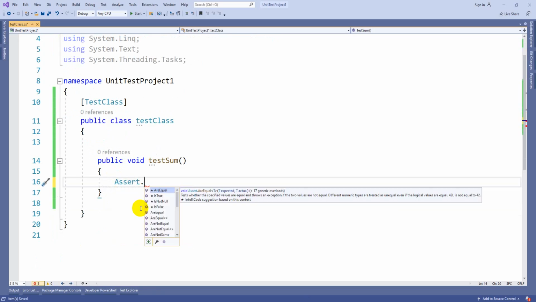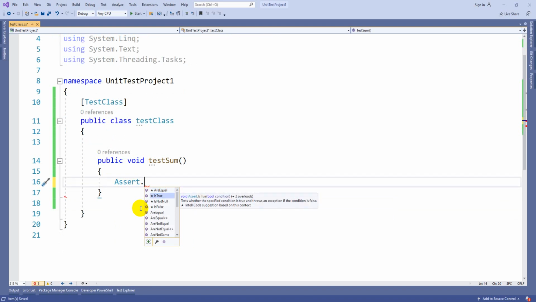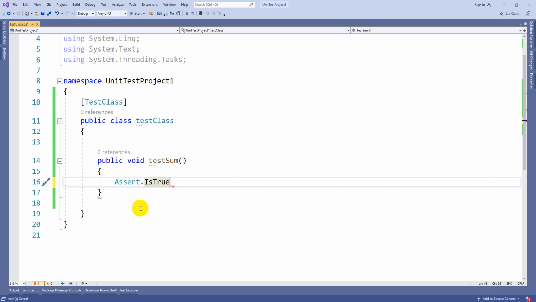Assert dot. There are several methods available. If you are expecting true, you can check IsTrue. Let's start from IsTrue.